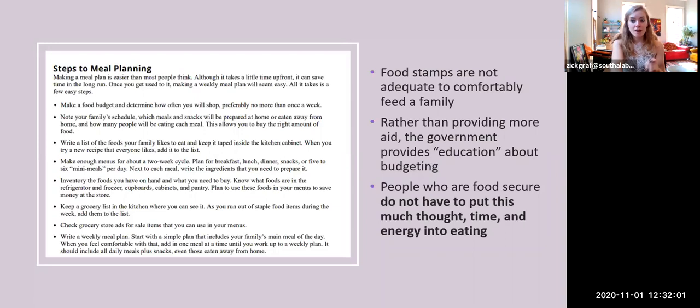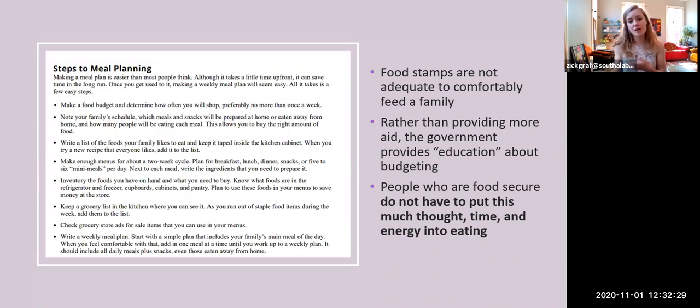In the United States, the government provides assistance for people who can't afford food in the form of food stamps. But it's well known that food stamps and food assistance is not adequate to comfortably feed a family. The majority of food stamp recipients are still food insecure. Food stamps aren't enough. But rather than providing more aid, instead, the government provides education about budgeting. So rather than making sure that people have enough money for food, the government just gives helpful tips, like